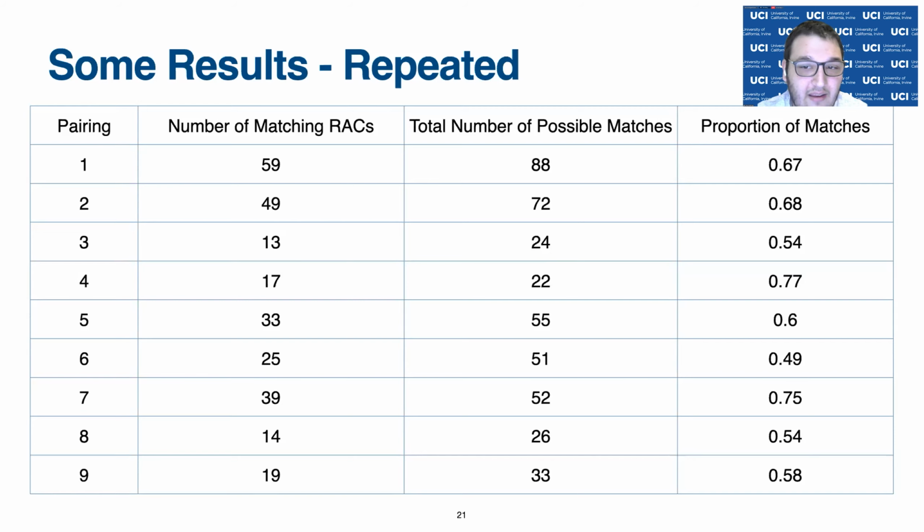So 88 racks were found on examination 1, but then 93 were found on the second examination. So the total number of possible matches is 88 because we do 1-to-1 matching. And that gives us a proportion of matching of about 67%. And then this is done for every single pairing,